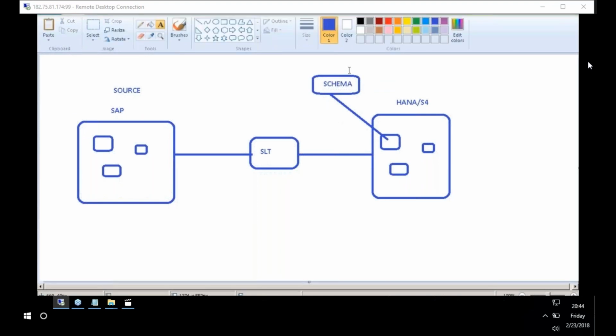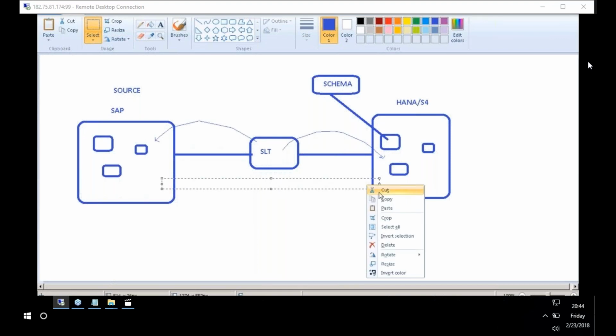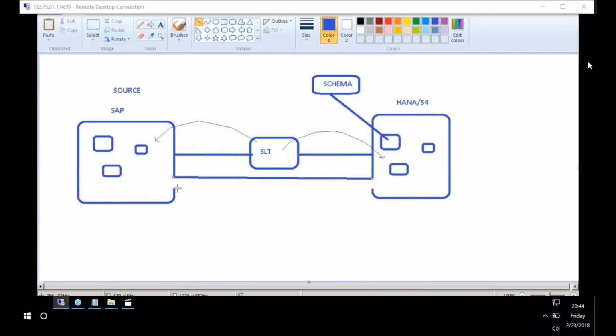Now what I'm trying to show you here is, for this SLT, we need to connect to the source, and we need to connect to the target. Why do you want to connect to source and target? Because I would like to establish a pipeline called a connection. Now, once this connection is established,